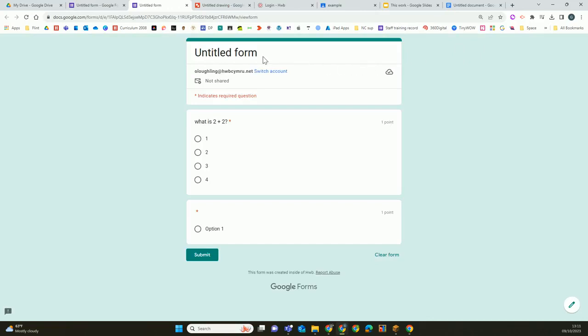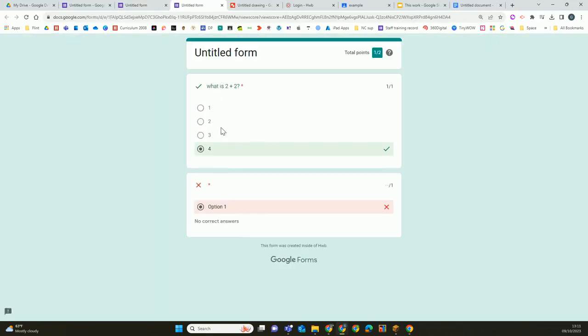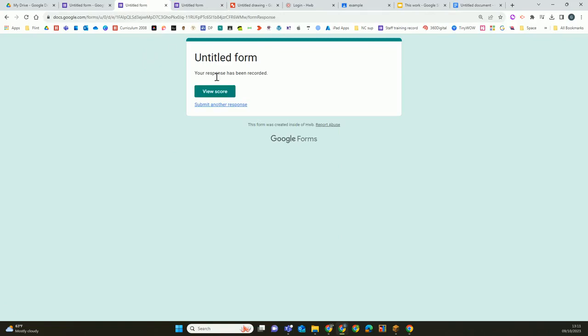So if we want to see what our Google form looks like, we can then see that we've got our different questions. We can select our answers and then submit them. We can view our score, and then we can see that we got the first question correct, and then we didn't complete the second one, so we got that one incorrect. If we go back to the form now,